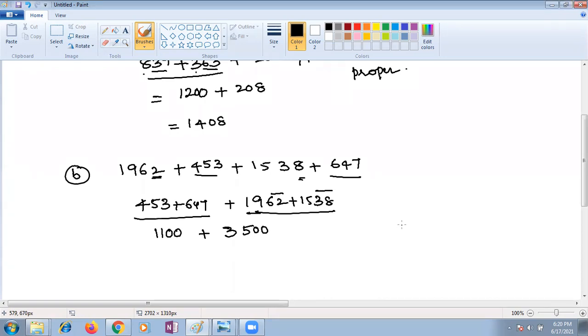We are using the properties also. Even both we are doing, so that you should do calculation without pen and paper, children. Okay, ma'am. 3500 plus 4500, 4600 together. More 100 is there here, so it's a 4600. Which law we are using here? We are changing order. Commutative property.